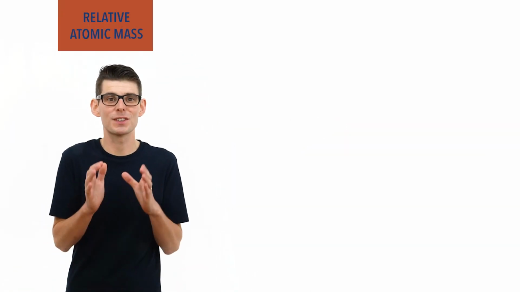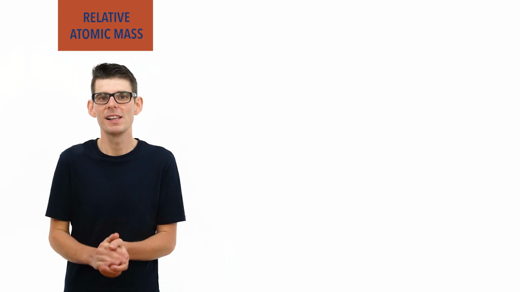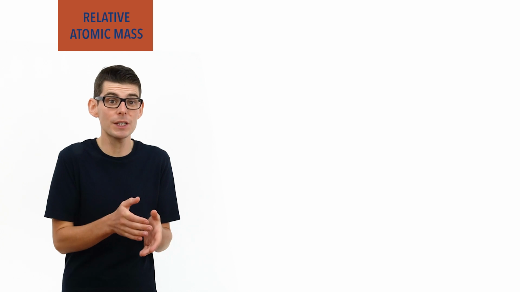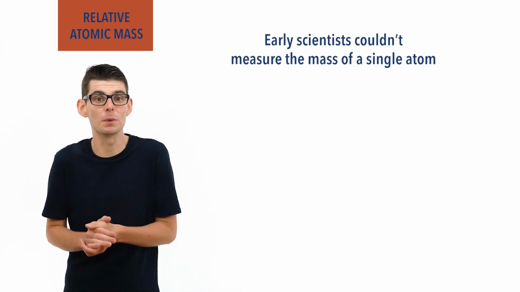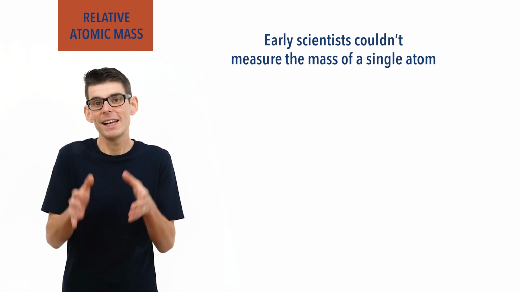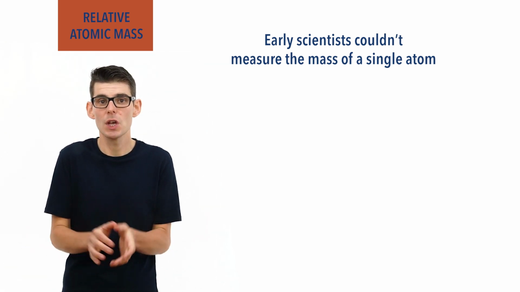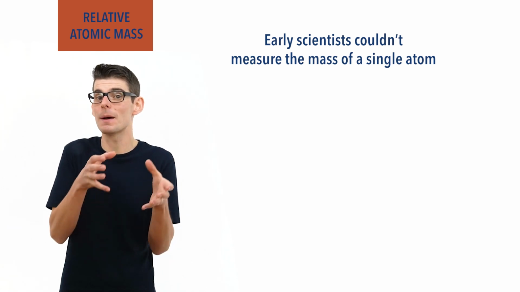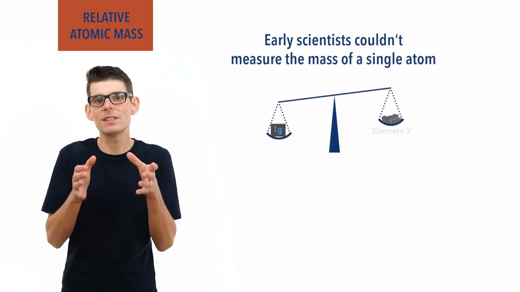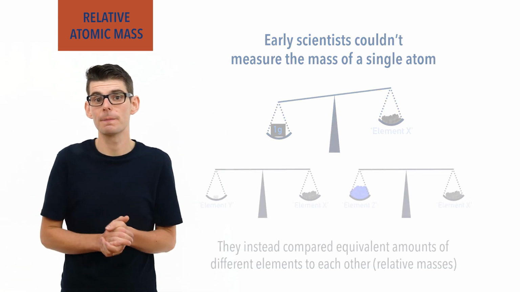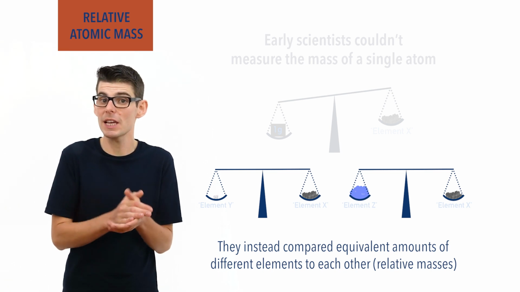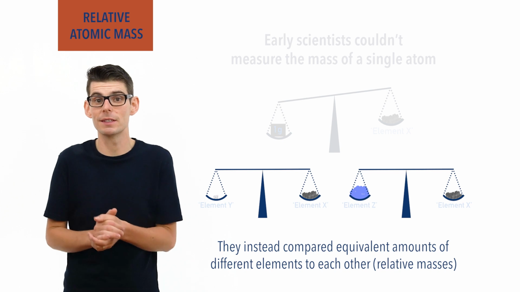Relative atomic mass has a rather complicated history. Early chemists couldn't measure the masses of different elements based on atoms, as they are simply too small, and many scientists didn't even know atoms existed. Instead, to try and get around this, rather than compare a specific amount of different elements to a known standard, such as a gram, they simply compared them to each other. This sometimes worked well, and early editions of the periodic table were based on those relative masses.